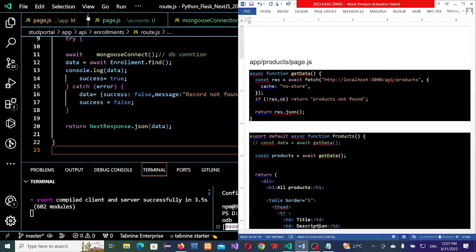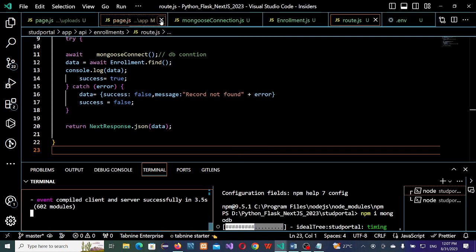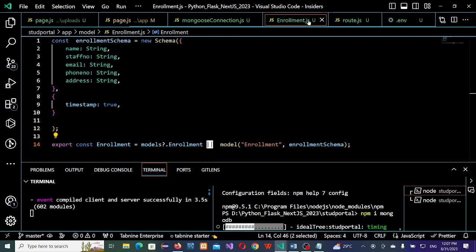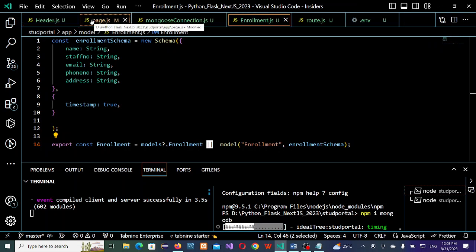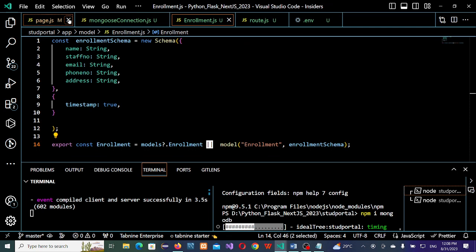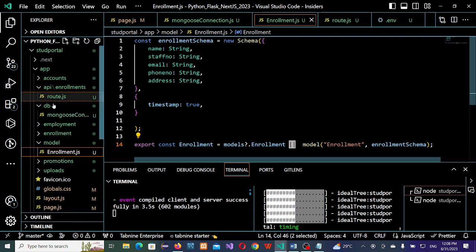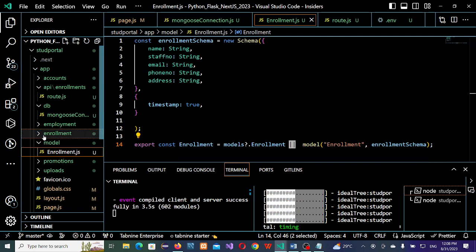So our page here, the page for this is the page for account. Where is the page for enrollment? This is for upload. This is for employment. This is header. Let me check from here. This is API, right? So I need data enrollment. So this page here,